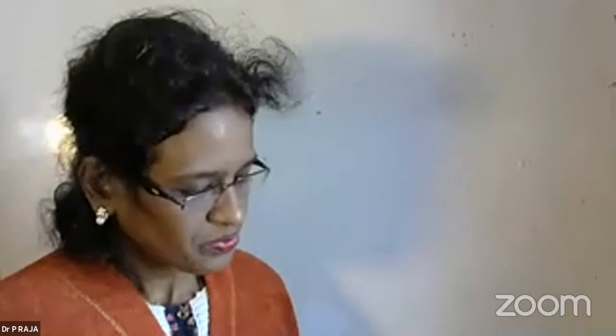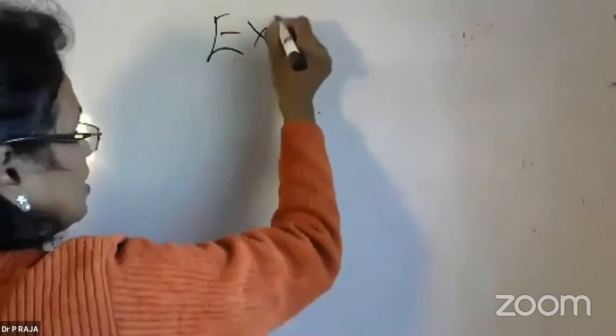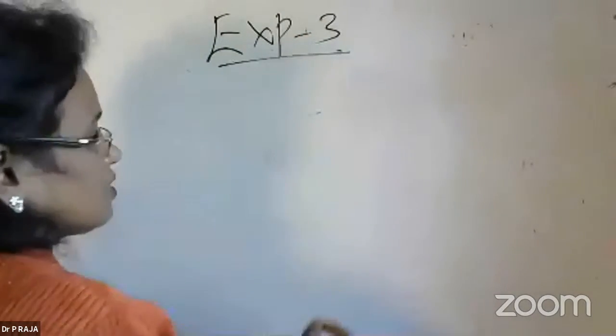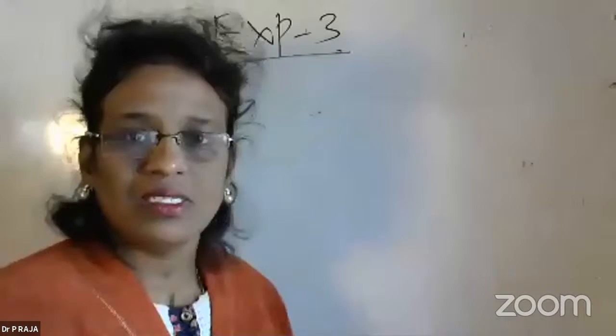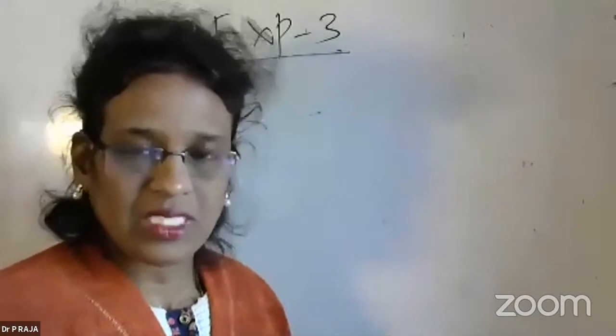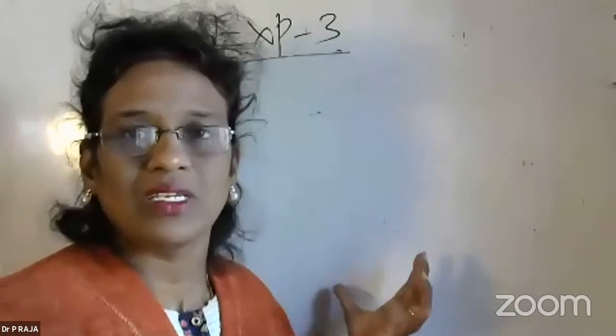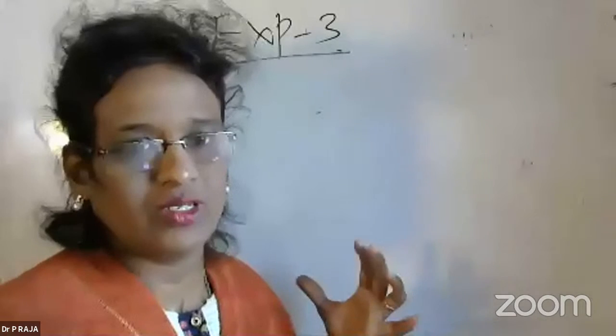The experiment here is on page number 58 in this book. This is about the determination of the modulus of rigidity of a given wire using Maxwell's experiment. This will be your experiment number 3. Since you are studying elasticity in the theory syllabus, and this is a practical related to that, experiment 3 will be